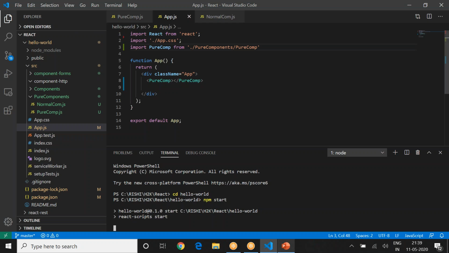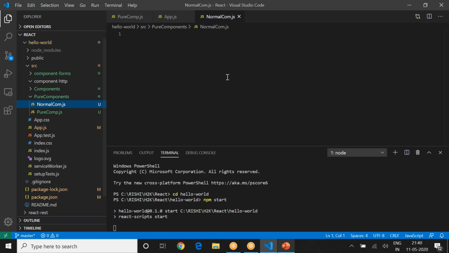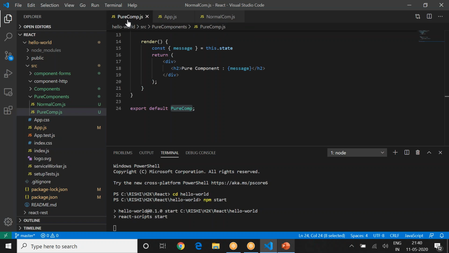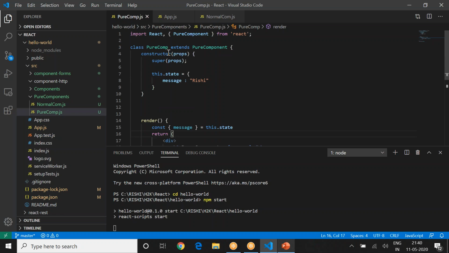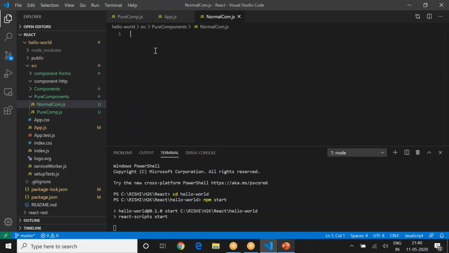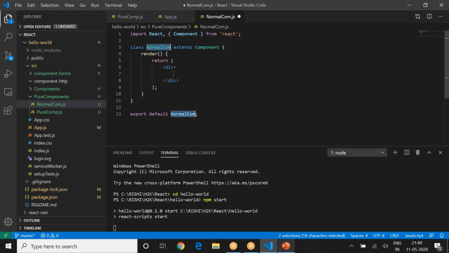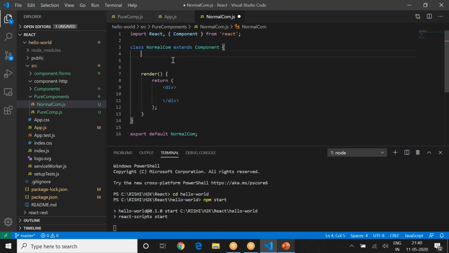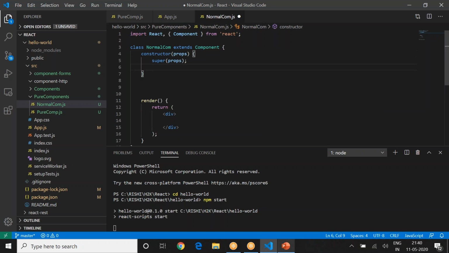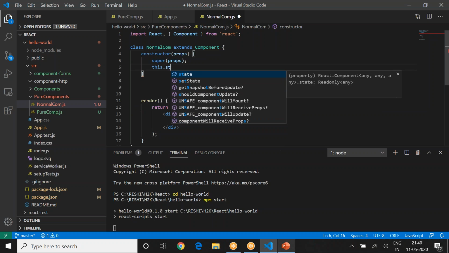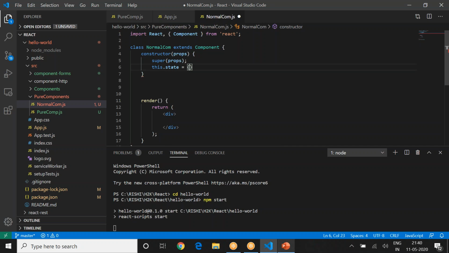Now what's going on? I'm in the normal component also, and I'll do the same stuff, just like what pure component did. We'll create a normal component now. Say RCC, create that normal component, and it has a render method in it. You'll create a constructor, this.state equals the exact same stuff.